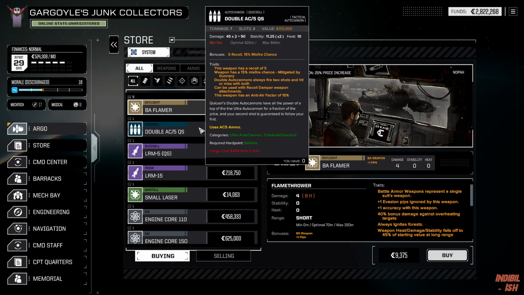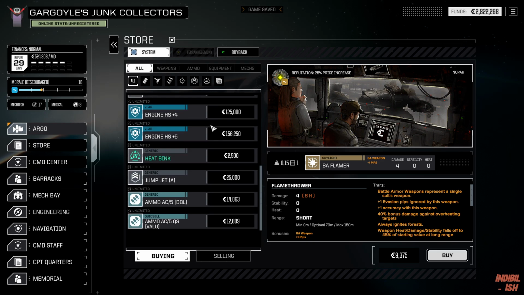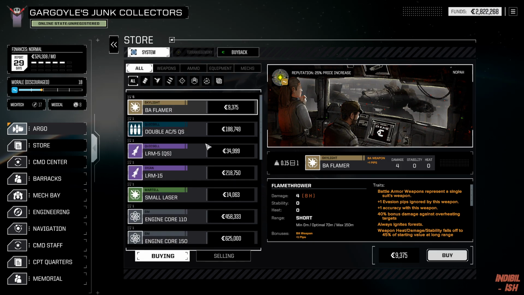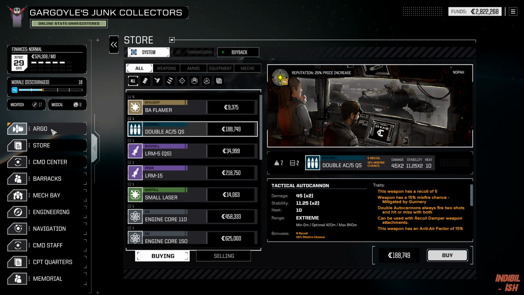Now a double AC5 quick sell is actually interesting. But it's going to be there for the whole month, so no point in grabbing it now, but it wouldn't be the worst idea to actually get a double AC5 quick, so I mean, it's no Ultra 5, but still does the job done. However, with our gunnery, it's probably a bad idea. Anyway,